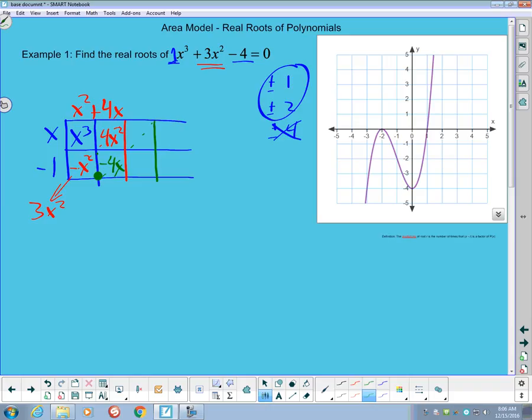And in our next boxes here for the linear, there is no linear term in this, so those have to add up to 0x, which means this would have to be a positive 4x, which would make this a positive 4, and that would make this a minus 4,